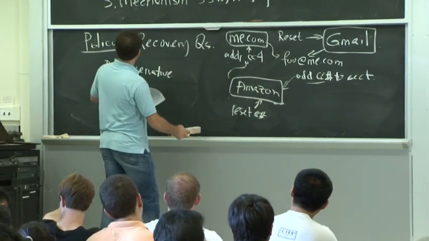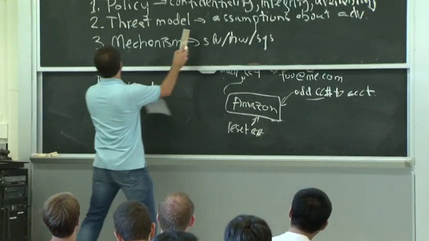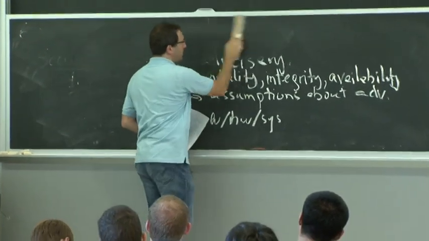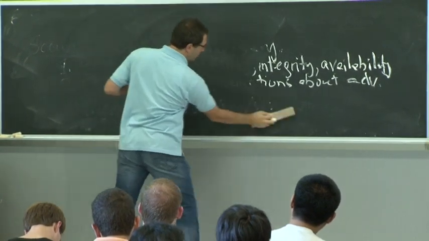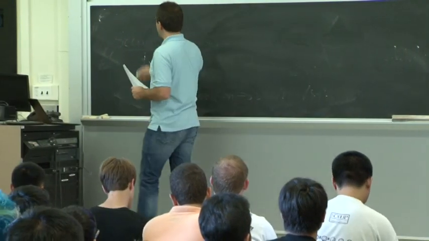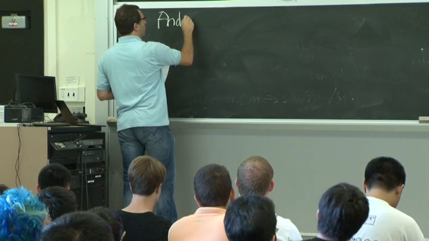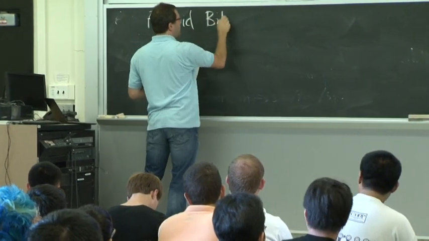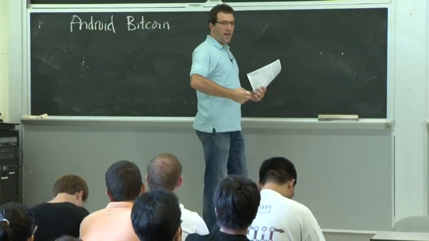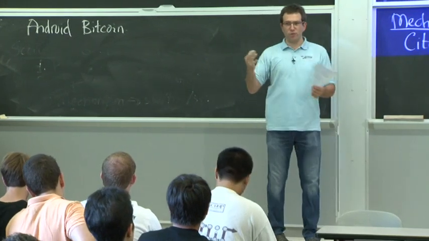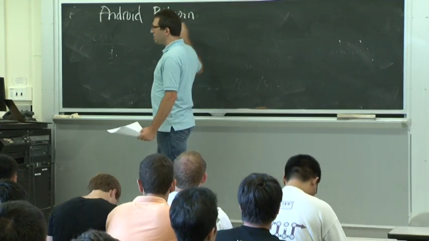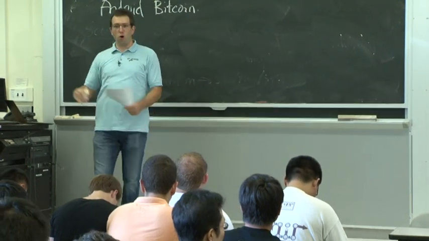Maybe I'll use this board over here. So the problem was related to Bitcoin, which is, well, I'm sure you've heard, this electronic currency system that's pretty popular these days. And the way that Bitcoin works at a very high level is that your balance of Bitcoins is associated with a private key. And if you have someone's private key, you can, of course, spend their Bitcoins. So the security of Bitcoin relies quite heavily on no one else knowing your private key.